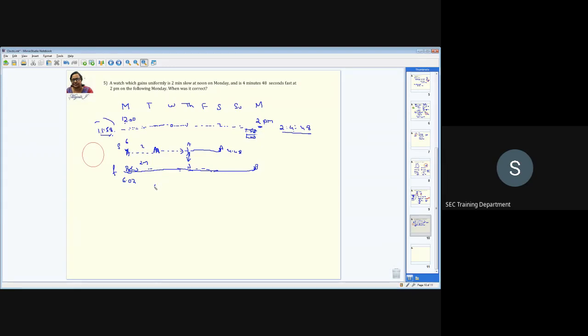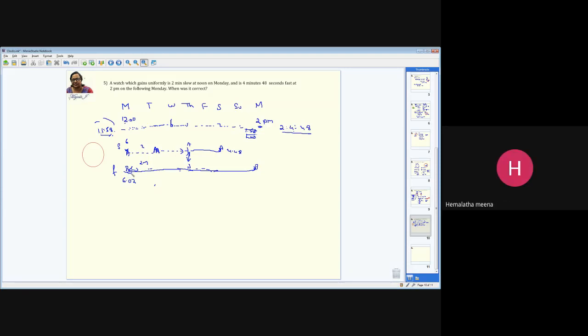Is this clear now? Yes, ma'am. The similar thing I'm doing now. The clock which is going now, because it's again the same time and distance only, the speed problem. So here it is 2 minutes. Earlier it is fixed, but after this it is going to be faster by so much. So in between somewhere it is going to be nullified. Like it is going to gain this 2 minutes, then it will become 0, and after that it is going to gain more and more, keep going till it gains 4 minutes and 48 seconds at 2 p.m. So this is the time which you are trying to find out.